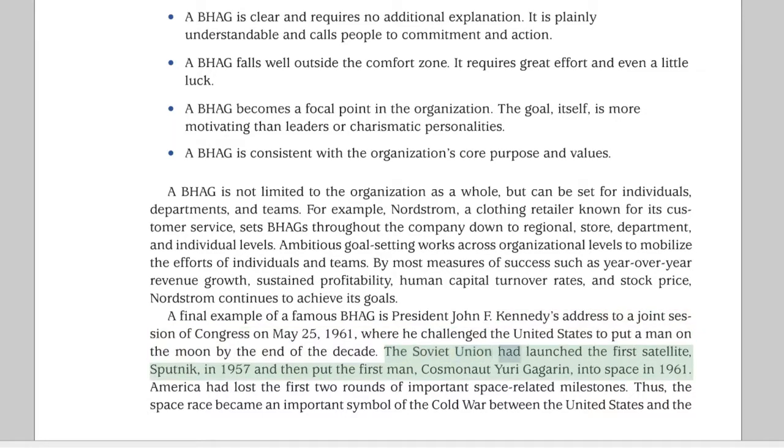The Soviet Union had launched the first satellite, Sputnik, in 1957 and then put the first man, cosmonaut Yuri Gagarin, into space in 1961. America had lost the first 2 rounds of important space-related milestones. Thus, the space race became an important symbol of the Cold War between the United States and the